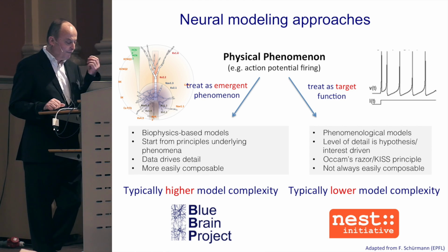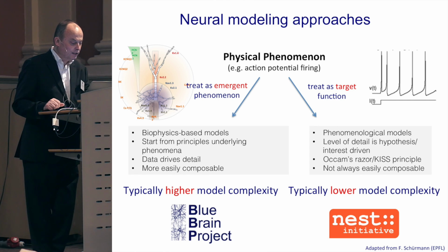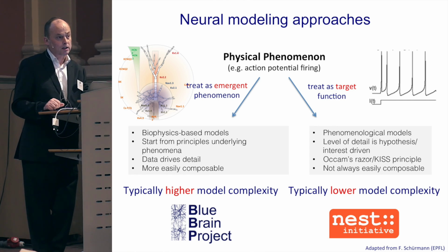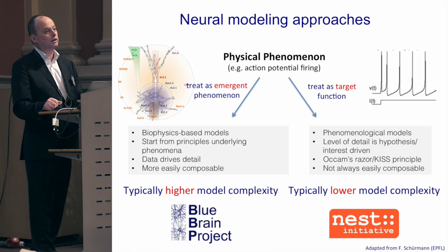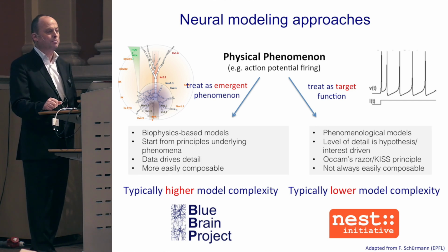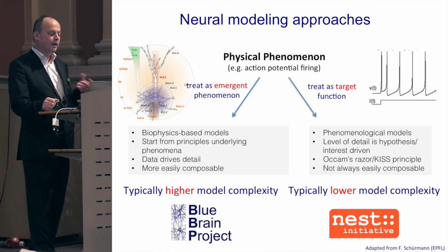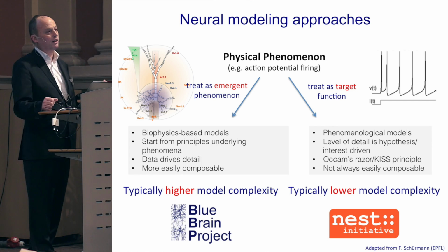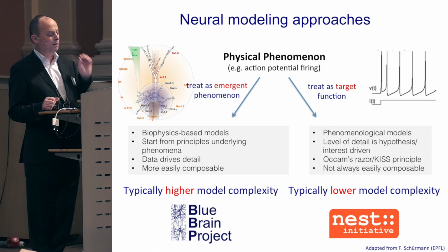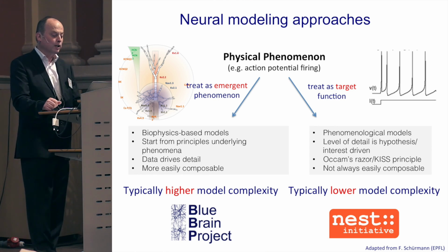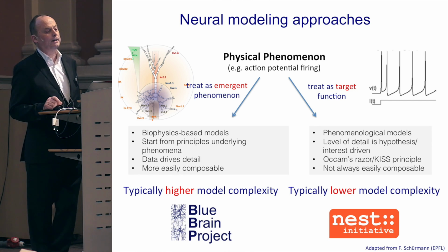That means you go back to the physics, you try to understand the biophysics of the cell, and you start from the principles underlying the generation of electrical signals, for example, the transport of ions through ion channels, the fact there is an insulating layer, there is a voltage between the inside and the outside of the cell. So that's implementing biophysics, and then you see how those cells behave electrically, and you use this as a basis to build your networks. That is an approach that's taken, for example, by the Blue Brain project of Henry Markram at